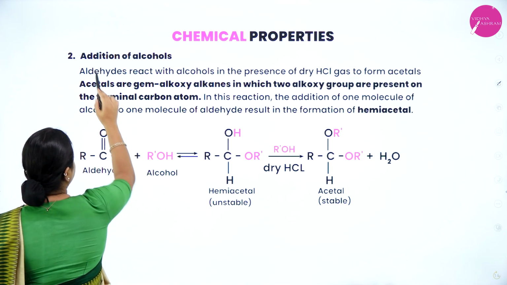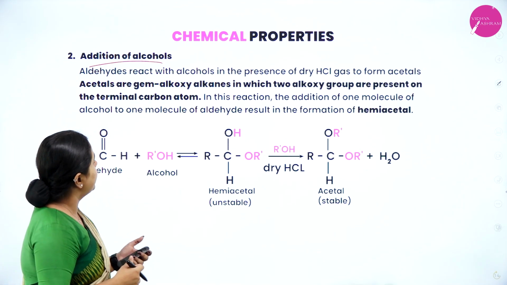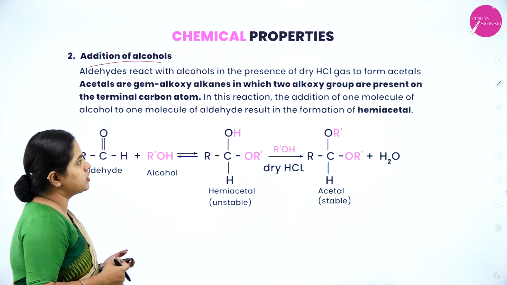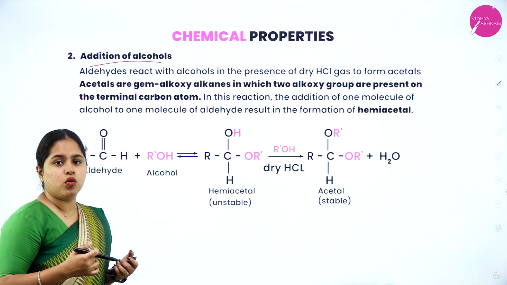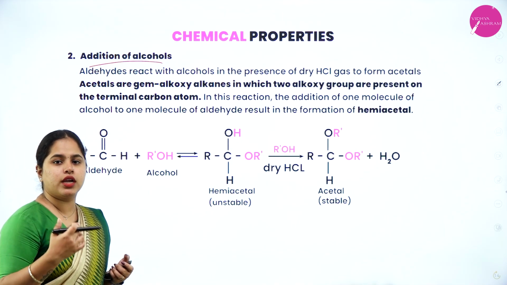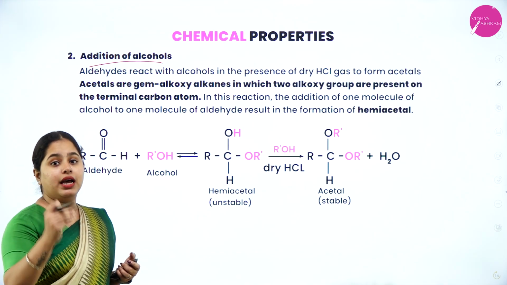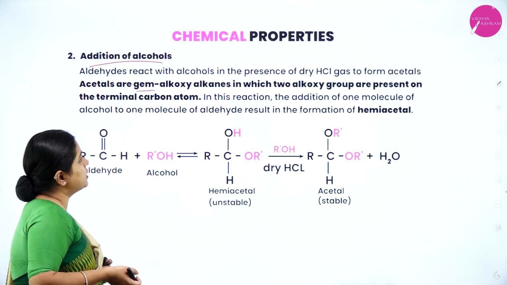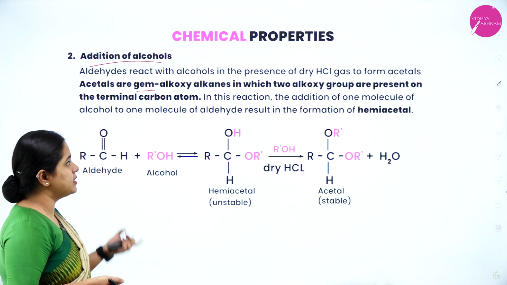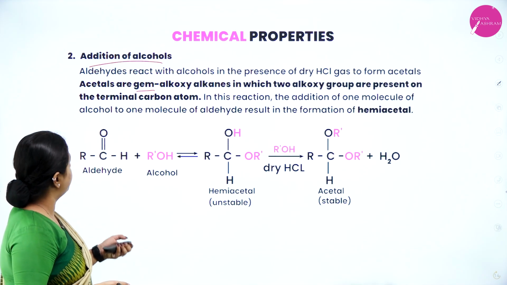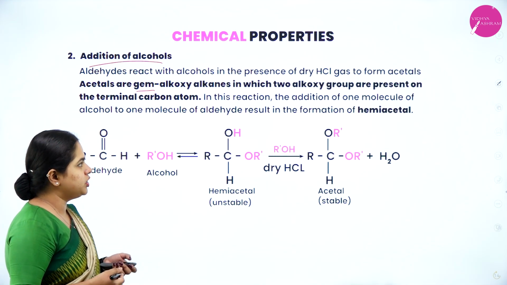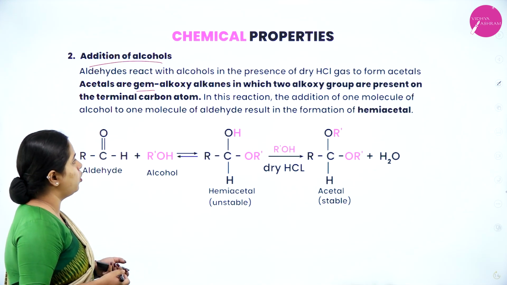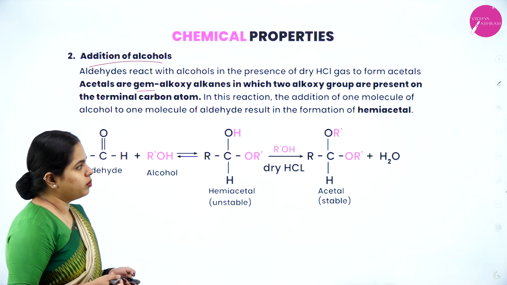Now the next one is addition of alcohols. Aldehydes react with alcohols in the presence of dry HCl gas to form acetals. Okay, so what you are going to get? Acetals. When aldehyde or ketone reacts with alcohols, you get acetals. Acetals are geminal alkoxy alkanes in which two alkoxy groups are present on the terminal carbon atom. In this reaction, the addition of one molecule of alcohol to one molecule of aldehyde results in the formation of